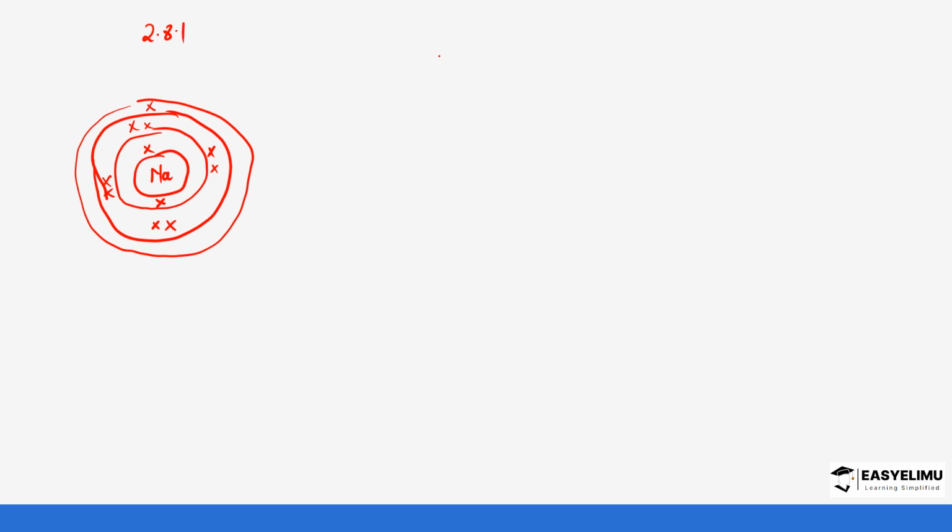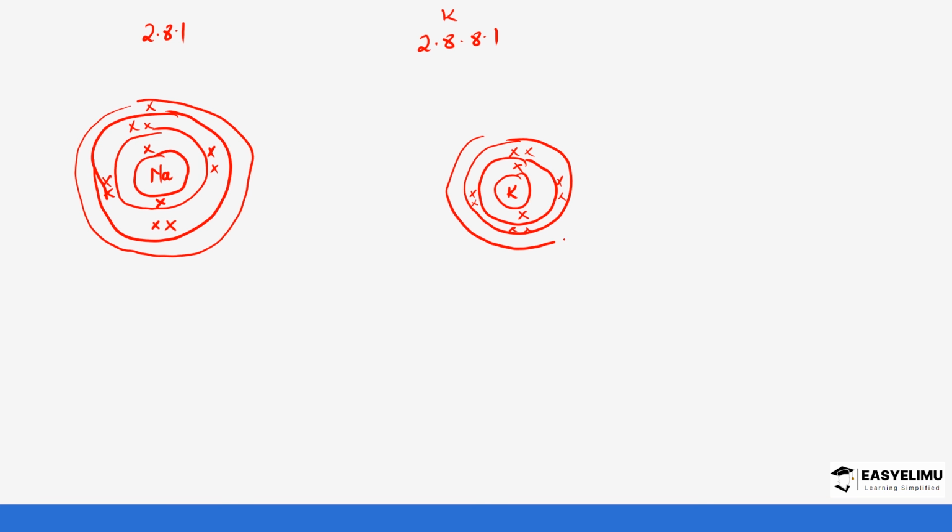The configuration is 2.8.8.1. So this is potassium. So we can draw that. It's going to be potassium with two electrons in the first shell, 8 electrons in the second shell, 8 electrons in the third shell, and 1 electron